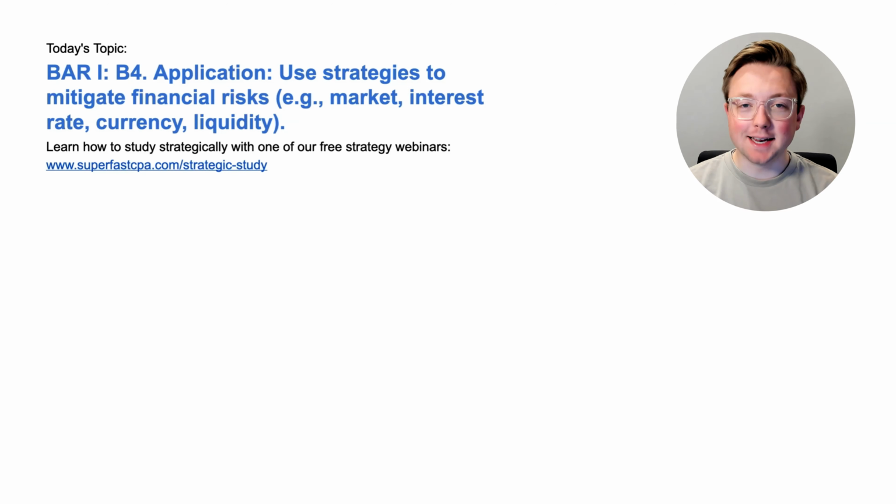I'm Logan, and in today's video, we're going to be going over bar area 1. This is section B4. This is an application topic. Use strategies to mitigate financial risks, such as market risk, interest rate risk, currency risk, and liquidity risk. And we're going to be doing that the SuperfastCPA way, which is diving straight into the questions to learn the